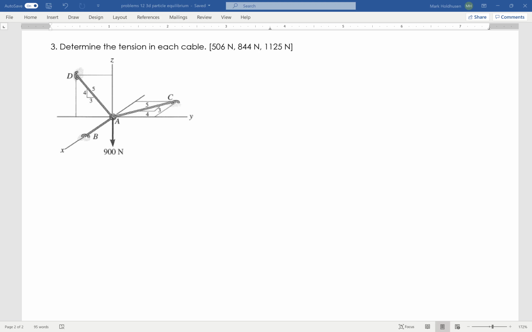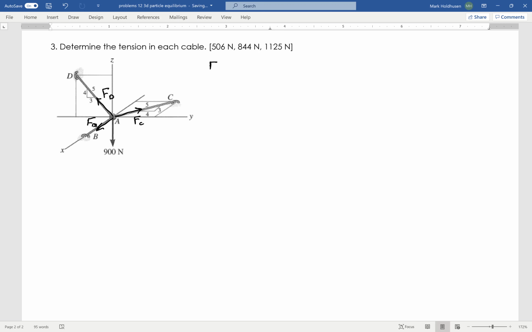So I want to figure out the tension in each cable knowing I have 900 newtons acting straight down there. So again, I'll just draw my free body diagram on the picture there just to make it a little bit more clear. So I've got FB over here, I've got FC over there, and I've got FD right there. So now that I've got the free body diagram, I'm going to go through and write each force in Cartesian